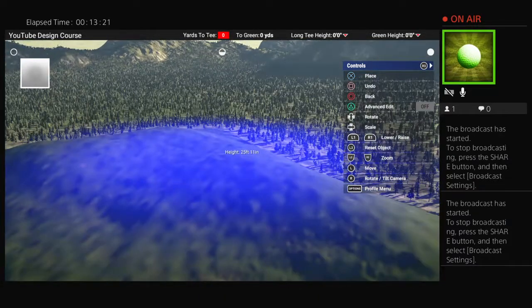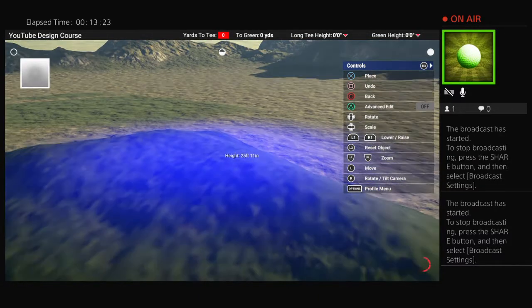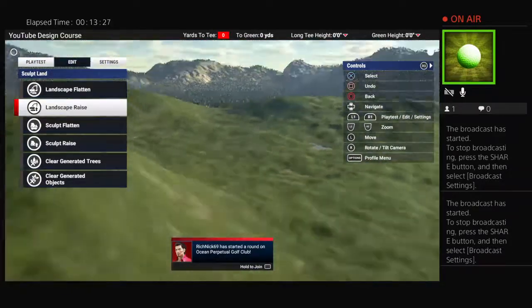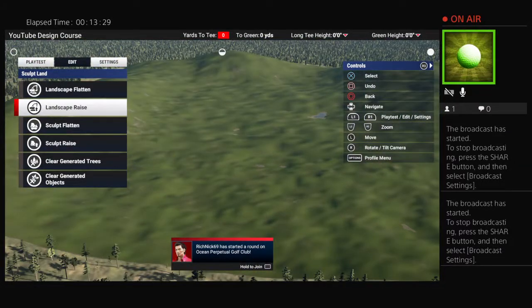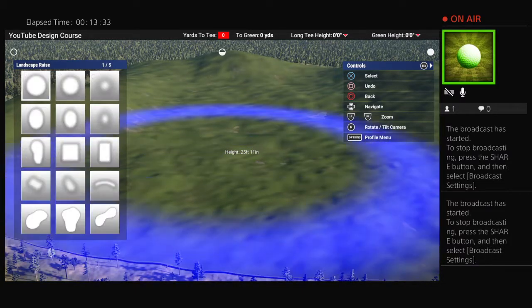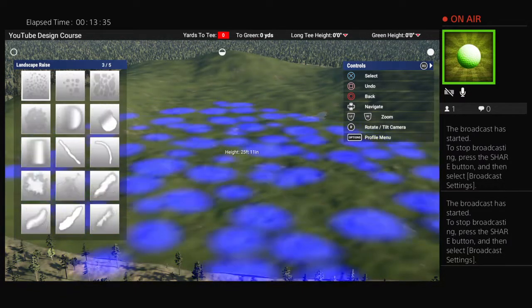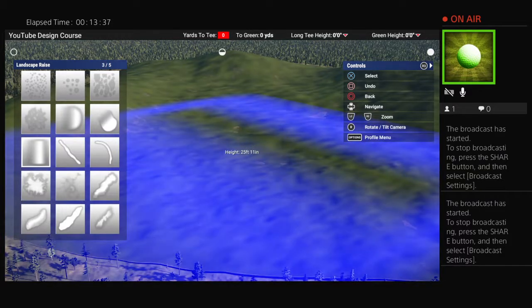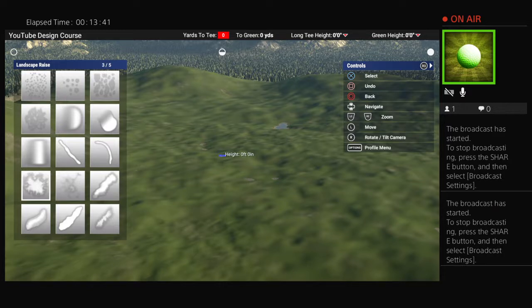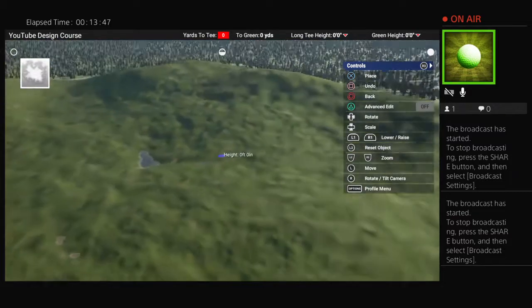Alright, a little wider on that. Alright, so then what I try to do is I come back in with the raise, but I use a different brush, which is page 3. It's right here. Back out and show you again. It's right here next to the bottom on the left column, page 3. Grab that one